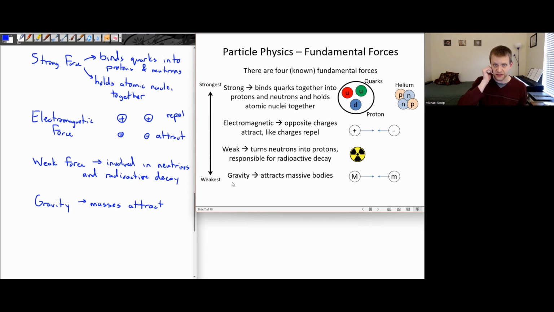So gravity is, in fact, by quite a wide margin, comparatively the weakest of all of these forces, which seems weird because sometimes we talk about gravity being very, very strong. The one advantage that gravity has is that it is always an attractive force. So if I have a lot of mass in a really, really small location, only then is the gravitational force going to be very significant.